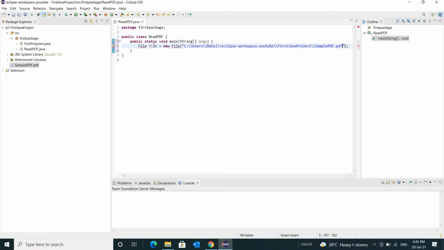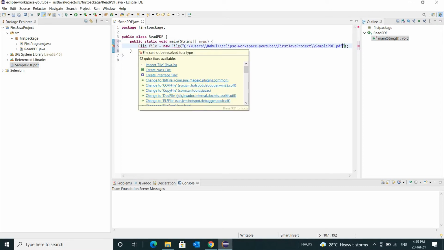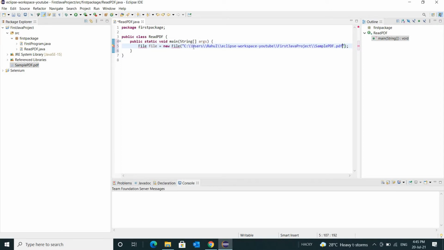See, you can see that when I put it in double inverted commas, it automatically takes two backslashes everywhere. You have to make sure that if you are using backslash, then it should be two. If you are using forward slash, then you can use single. So basically make a habit of using backslashes, and if you are using backslashes it should be two. If it is one, then you can't use this backslash.